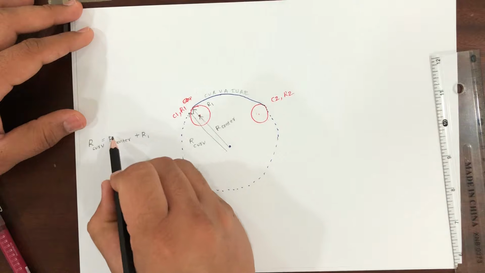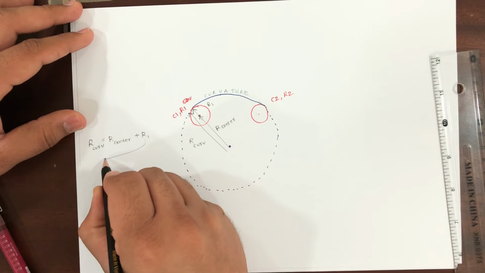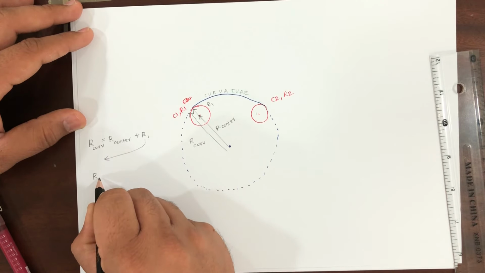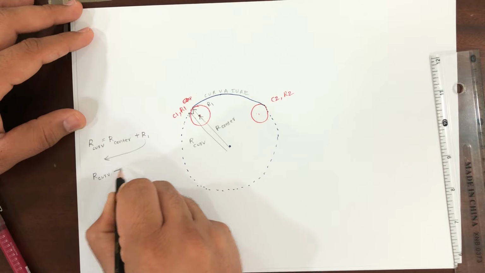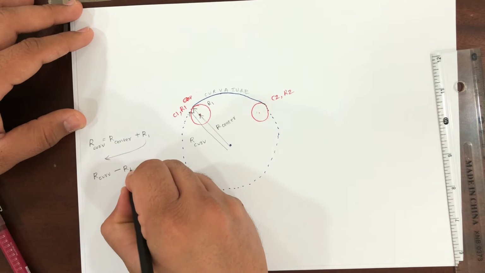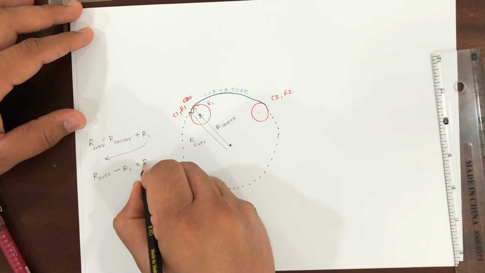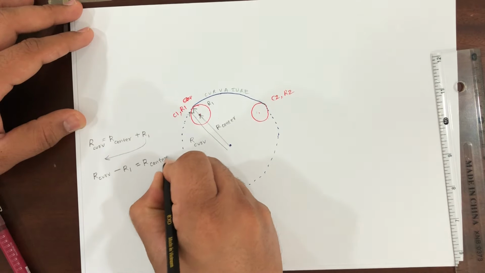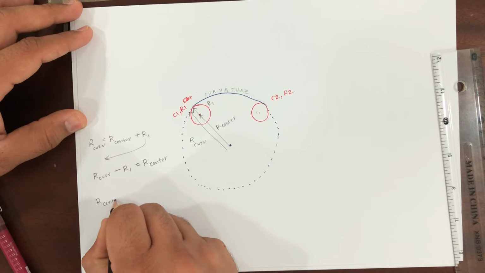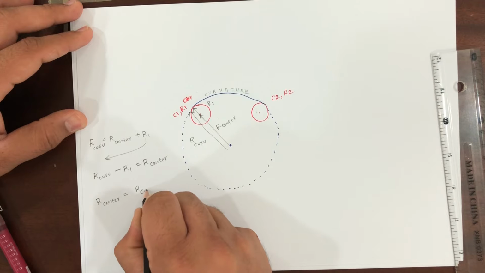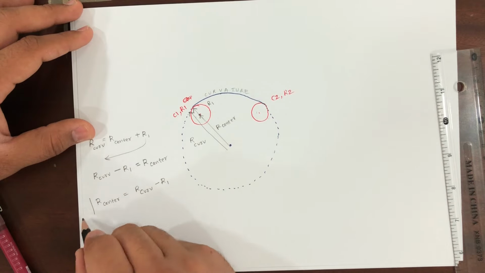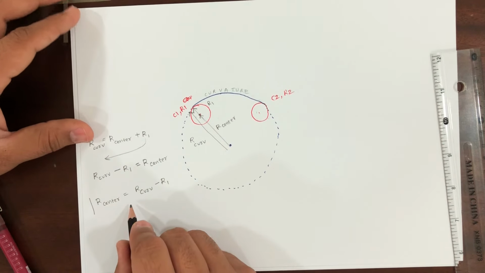Now if you want only R center, you will send this R1 to this side. R curvature minus, this is plus on this side. If you bring it here, it will be minus. R curvature minus R1 is equal to R center. Okay, if you write it the other way, it will be R center equal to R curvature minus R1. Okay, so this is the formula for R center.